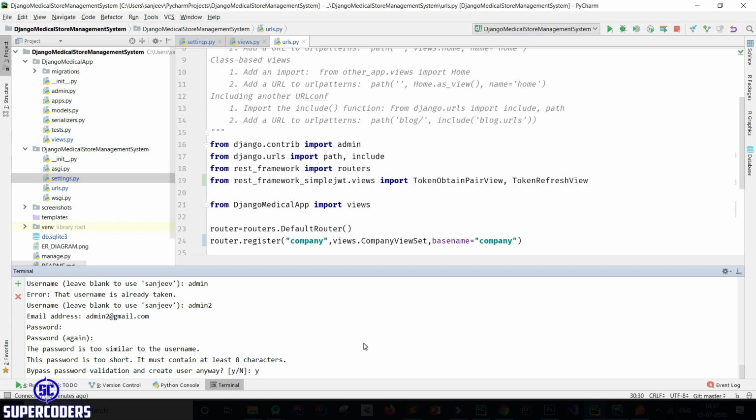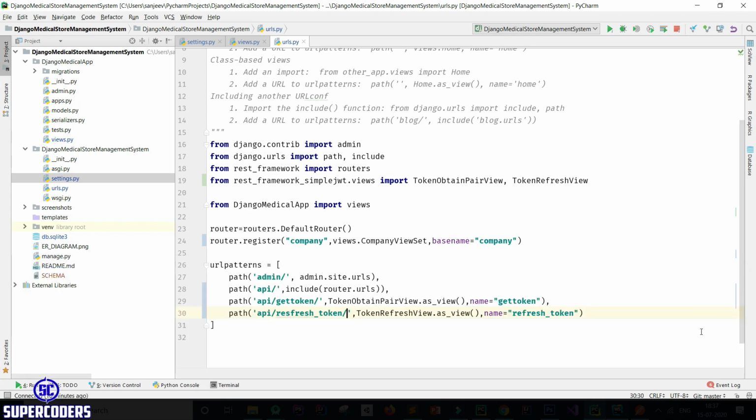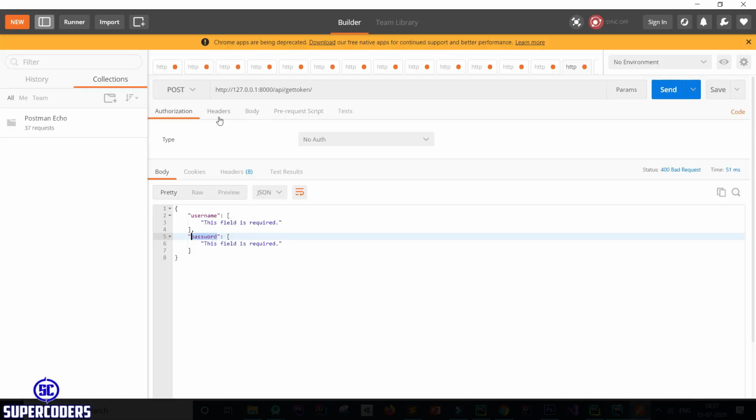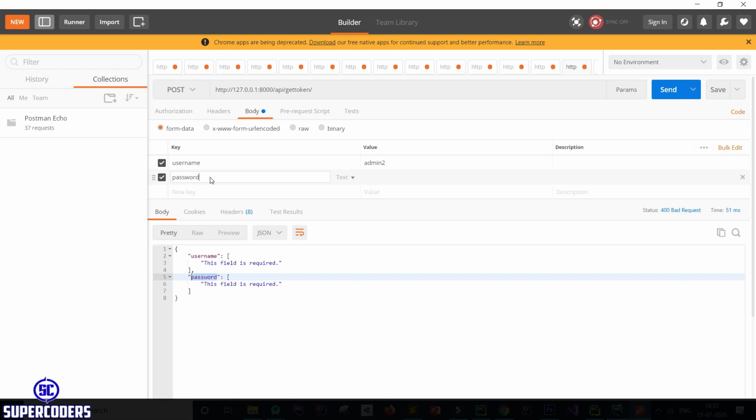Yes. So my superuser is created. Close this. Now let's pass my username and password. So come back to body and pass username admin2 and password admin2.